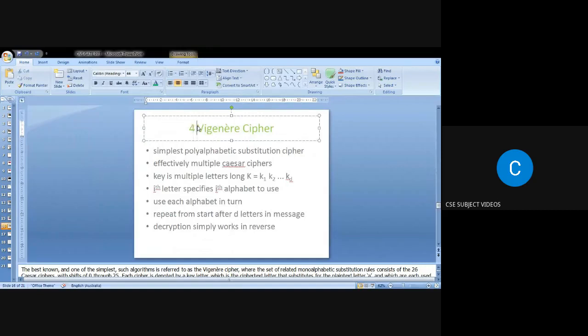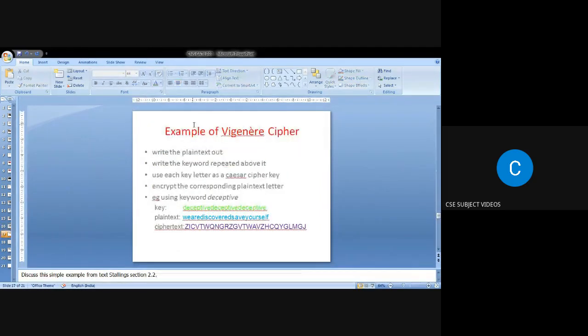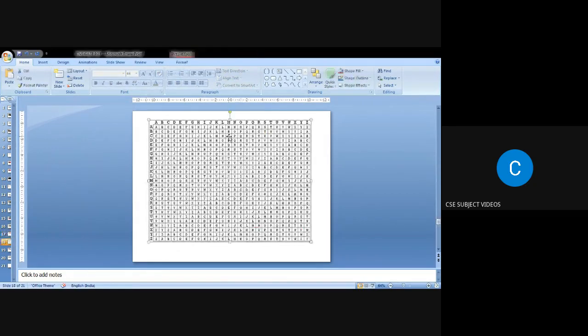So the Vigenère cipher is also a polyalphabetic substitution cipher, right? Here you are using multiple letters. That is, for each letter you will get a different encrypted letter at different places. Is it clear? So for that, how it is made possible is through a tabula.